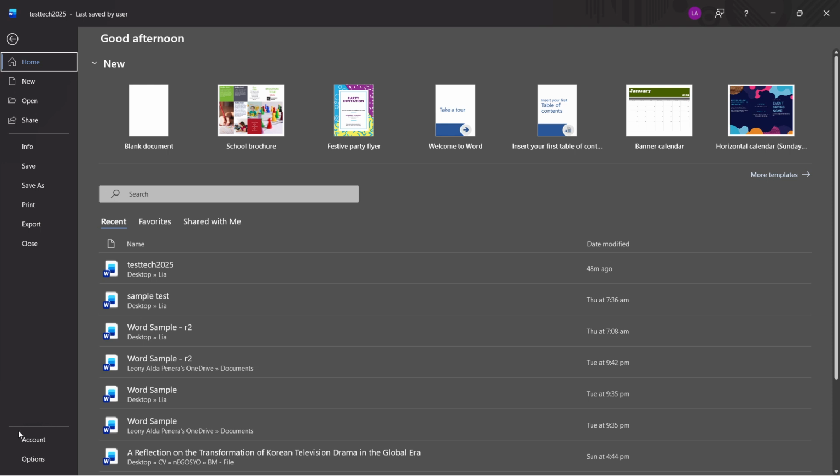This area is often referred to as the Backstage view, a space where you can manage your documents, account settings, and more. Now, over on the left-hand side, there's a sidebar featuring a variety of options. You'll want to look for the one labeled Account, or in some cases, it might be termed Office Account. Clicking on this option will take you to a page that displays information about your Office installation, including product information